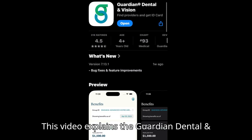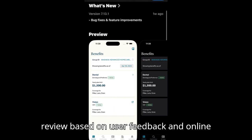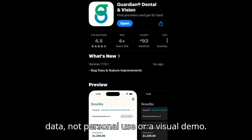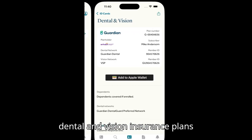This video explains the Guardian Dental and Vision app and whether it's worth using. Quick disclaimer. This is an explained review based on user feedback and online data, not personal use or a visual demo. Guardian Dental and Vision is a mobile app designed for members to manage their dental and vision insurance plans